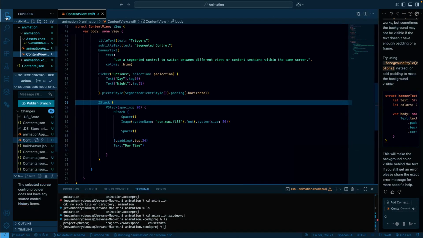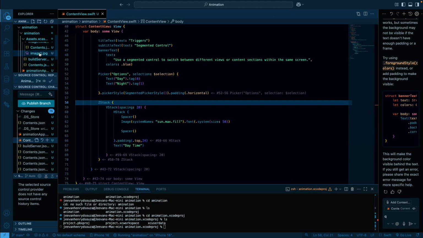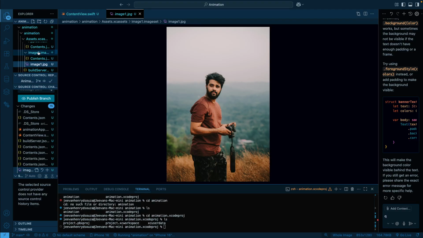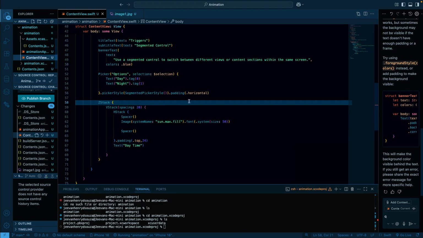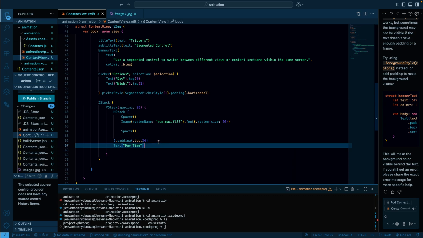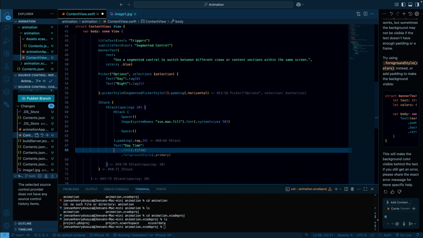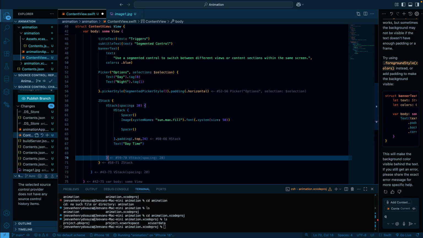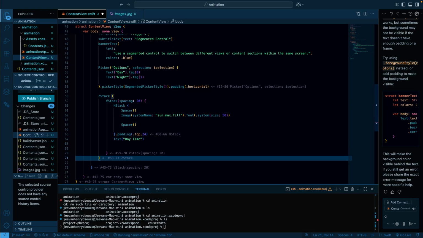So now if I see, I should be having this image one, and then this is that asset image one. So now let's try using this image. Content view, come back to content view. So here we'll need daytime. Okay, so this is the search. What is the search tag? Let's give it a background and say